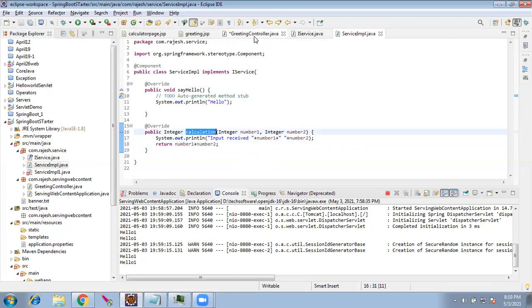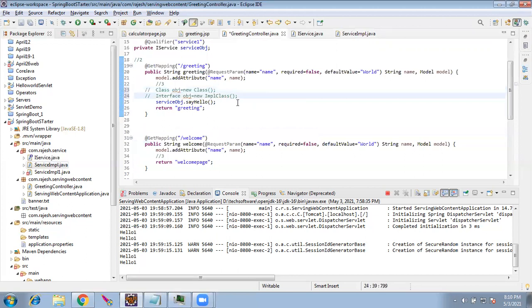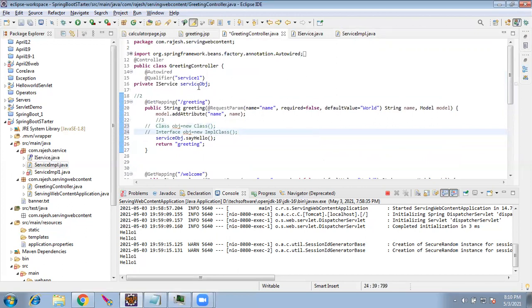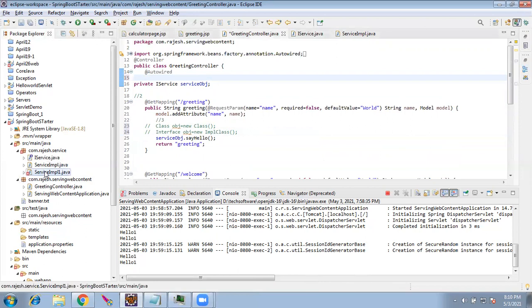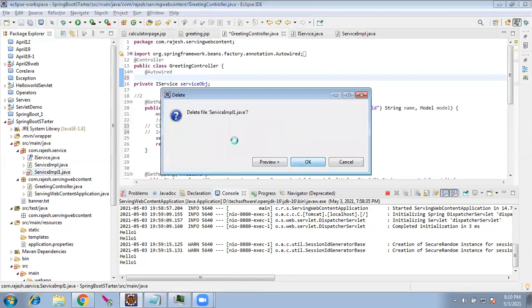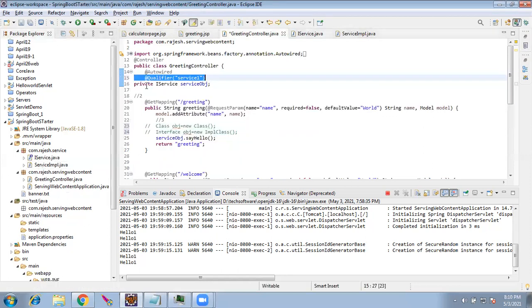How did we call this method from the servlet? We created a new service implementation object and then called object dot calculation, correct? That's the normal way of calling any Java class method. We create an instance of the class and we call it. In Spring, we don't create any instance of the class. You see here, there are a few keywords added. I'll delete this for now, delete this also, and comment out this.